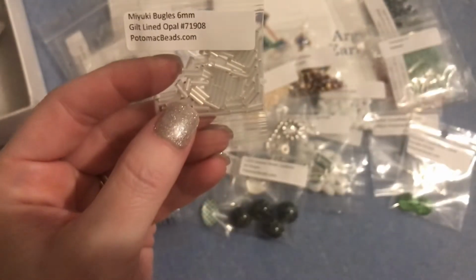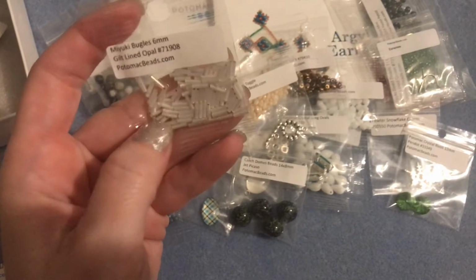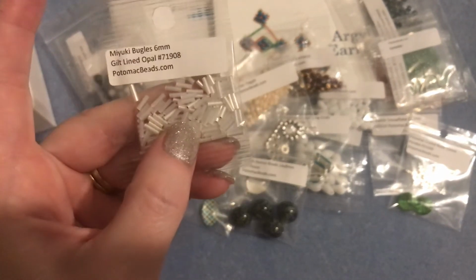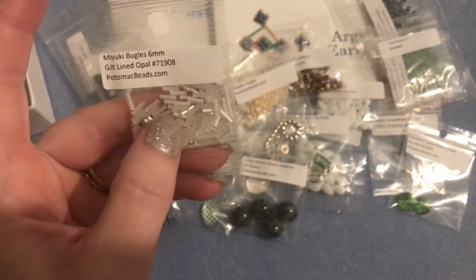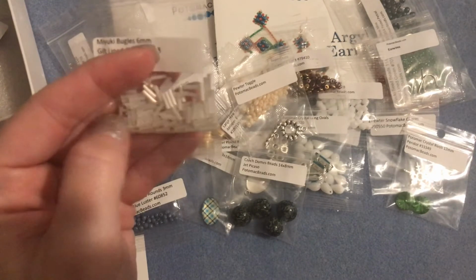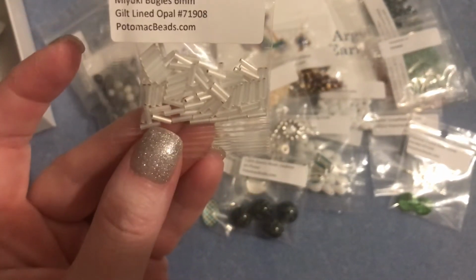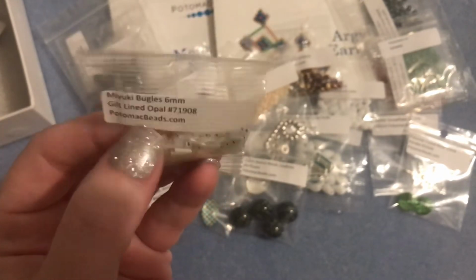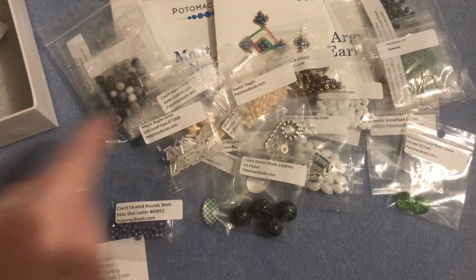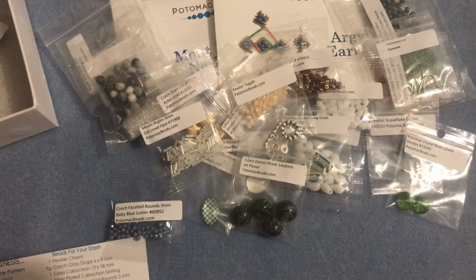I don't remember where I saw it. I'd have to look it up and give credit to the artist. But I just saw a bracelet that I wanted to do that had some bugle beads. It was a spiral, and it was really pretty. If I make one, I will definitely look up the tutorial and give credit to whoever I saw it from. I know I saw something with bugles not too long ago that I said, ooh, I wanted to do that. Okay, 10